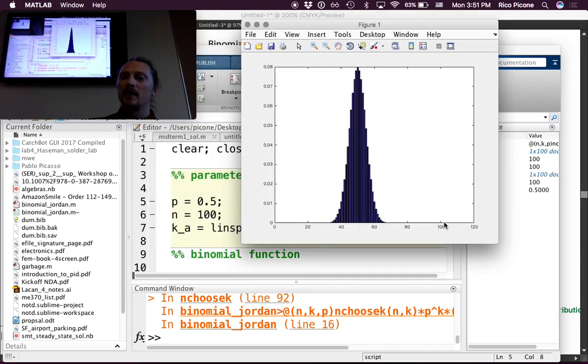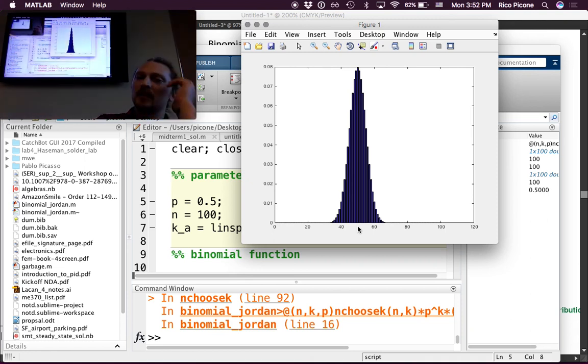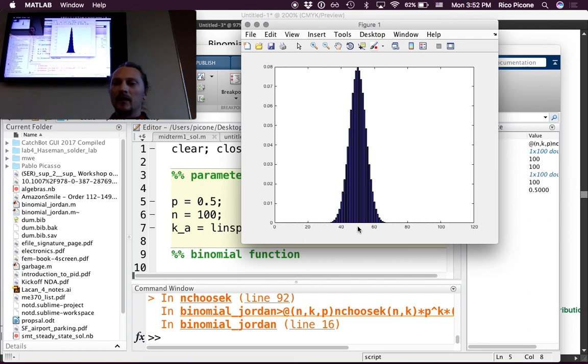So out of 100, I really should plot this only to 100. But you're most likely to end up here. The most likely outcome is that you have 50 ones and 50 zeros. And then it's just like if you look at the probability distribution of some random room of people, if there was no bias in the data, like for instance,